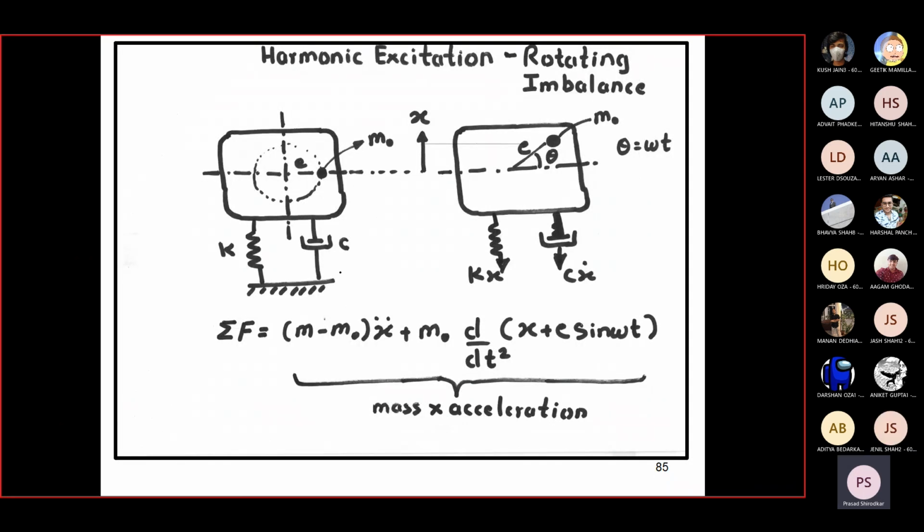Harmonic vibrations are basically vibrations which are of sinusoidal nature, where the applied disturbance is of a sine waveform or a cosine wave. A cosine wave can be reinterpreted in the sine wave form. So those kinds of disturbances are called harmonic excitation or harmonic sources of disturbance. Okay. So in the earlier cases we just